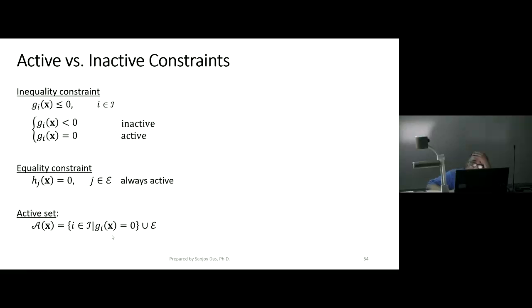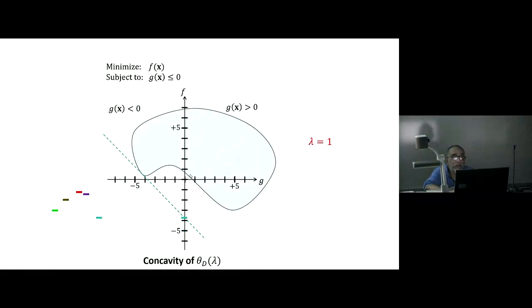The active set is the set of all indices of all active inequality constraints. g_i of x is strictly equal to 0. Not less than 0, exactly equal to 0. The region is bounded on the axis only. Yeah. Well, if you look at,